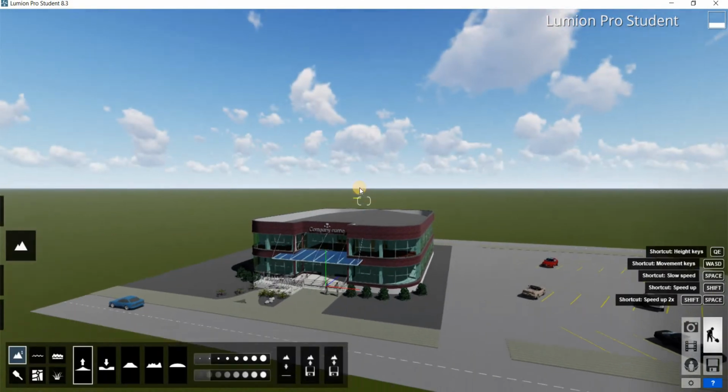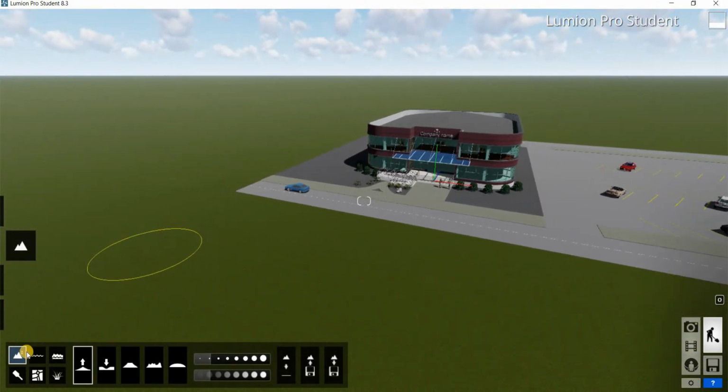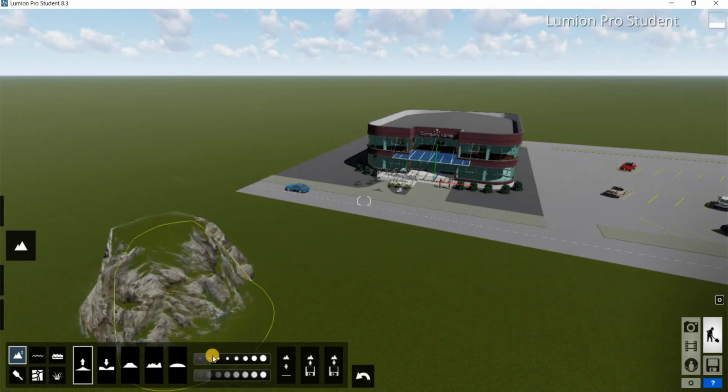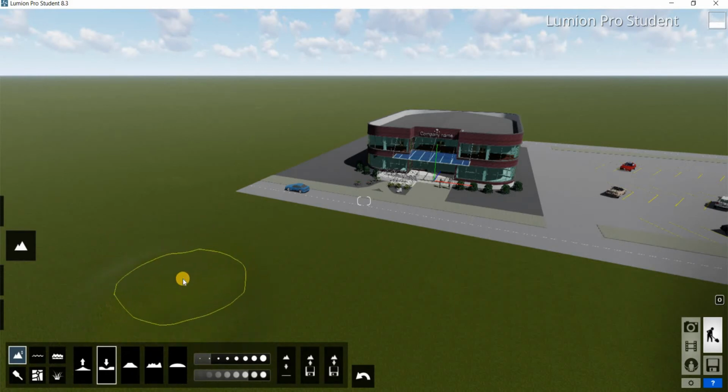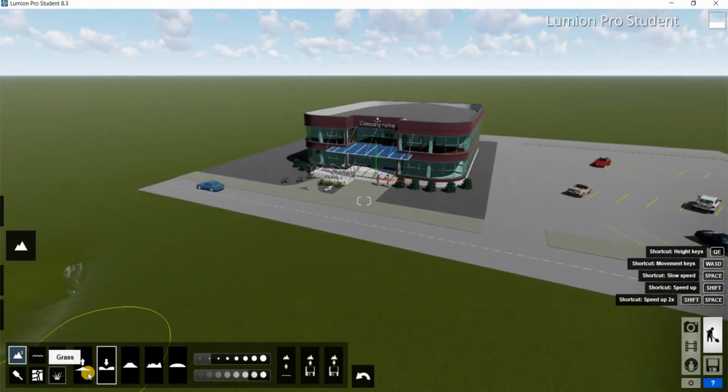Okay, and the landscape. This is an interesting tool. Well, in Lumion you can edit the terrain, so you have a few options here. In our case we'll just use the height, the street map, and the grass option. You can click here and you see how the terrain is changing. You can change the brush size and the brush speed. For example, let's make it faster, and let's make it go down now. See, it went down faster. Okay. Alright, for the grass option,